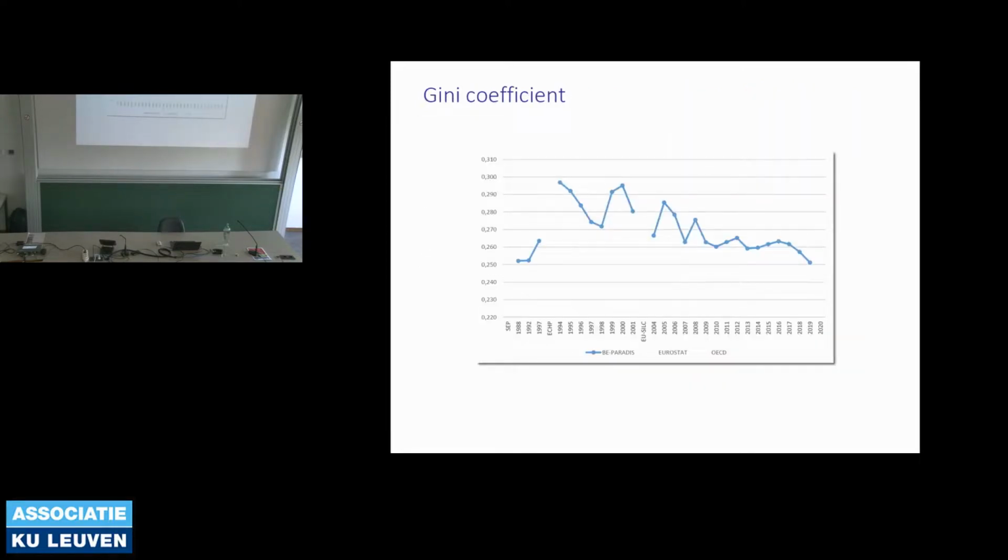And probably that is what you wanted to see, right? Because all my nice graphs, I made them more for myself probably than they were very useful. This is what in our BE-PARADIS data the Gini coefficient looks like, which, not surprisingly, looks very similar to the story about disposable income that I told you when I was discussing the review results. If you want to know, the Eurostat figures look quite similar. OECD figures look slightly different, but they use a different equivalence scale. So that might be one of the reasons why the OECD figures are slightly deviating in the more recent SILC years.